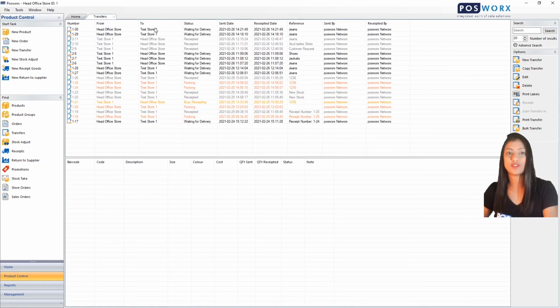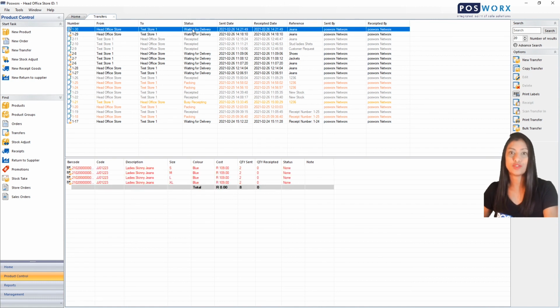Here is the transfer that I've just created, which is in waiting for delivery status. And that is how you would create a transfer on